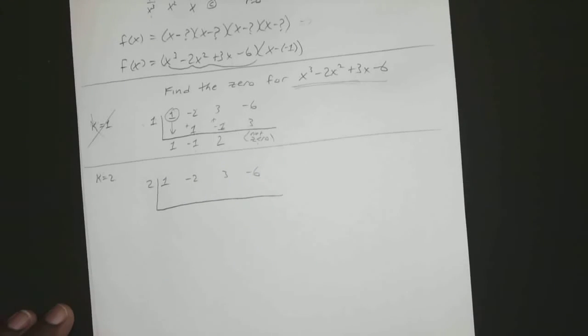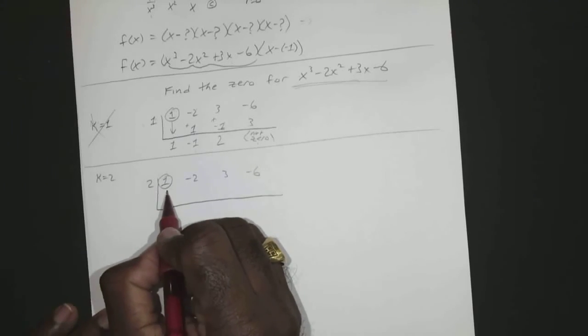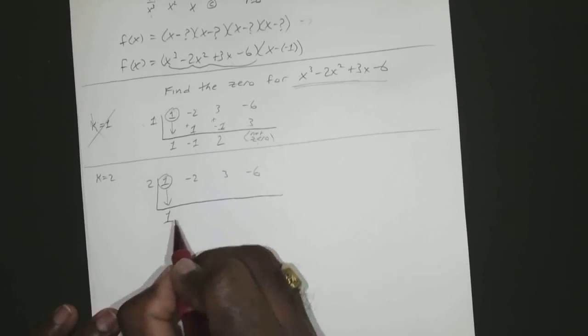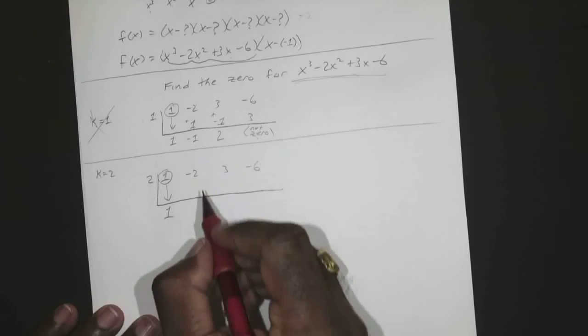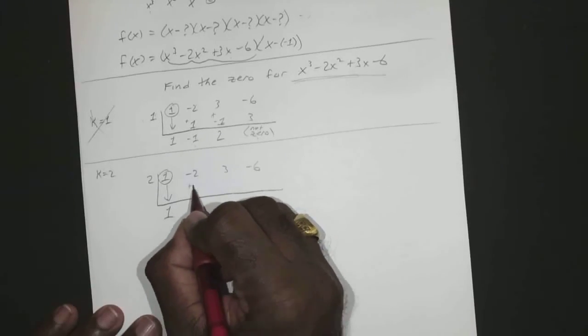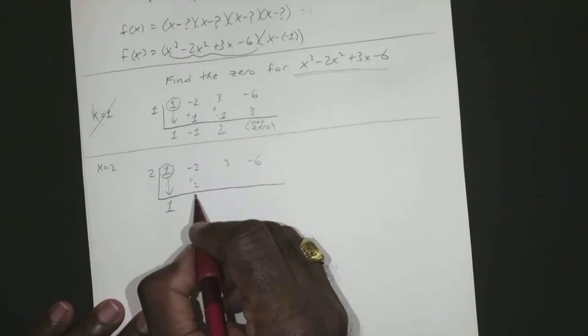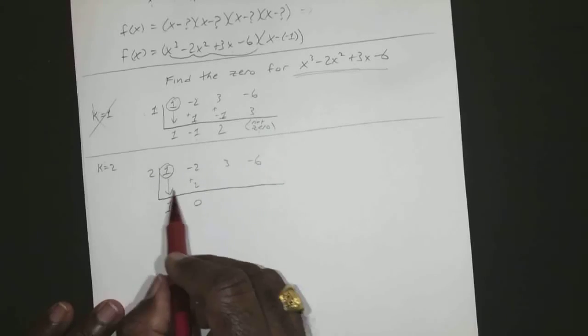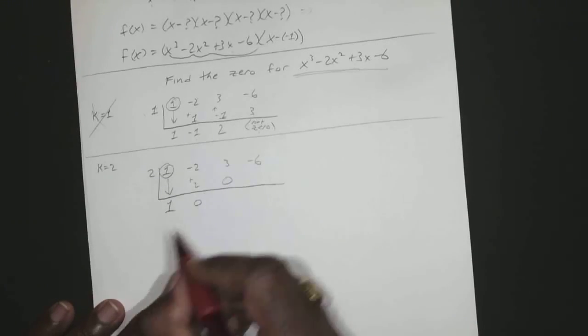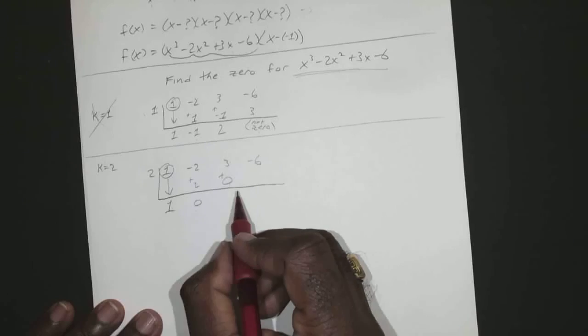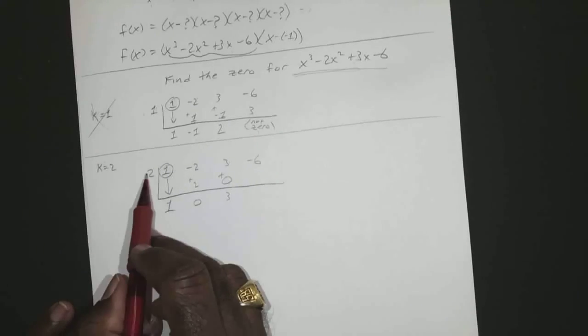We bring our first one down, which is 1. 2 times 1 is 2. Add them together. -2 and 2 is 0. 2 times 0 is 0. Add them together. 3 plus 0 is 3. 2 times